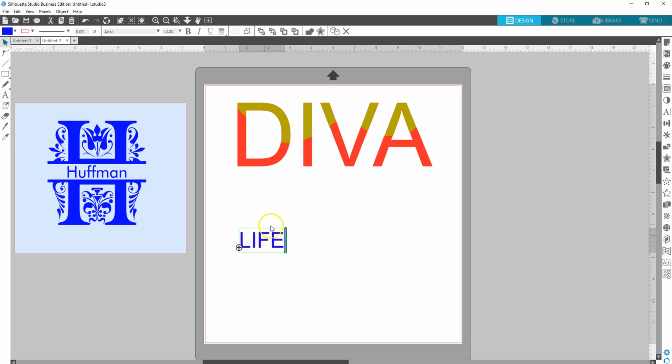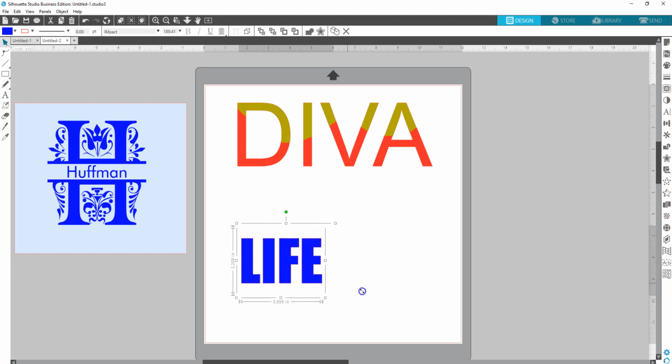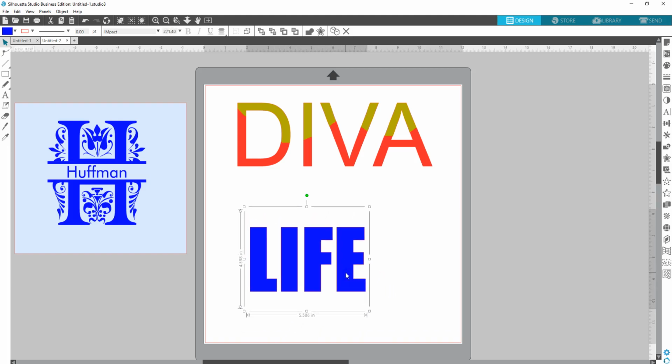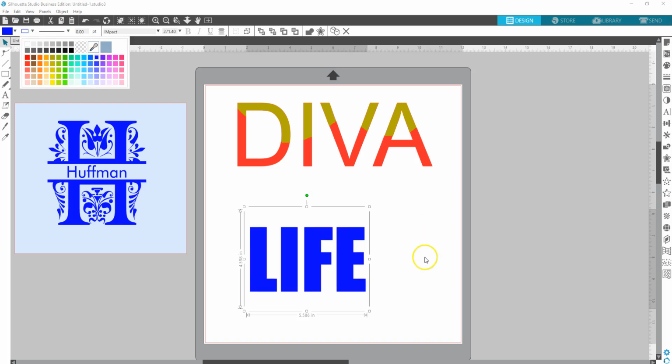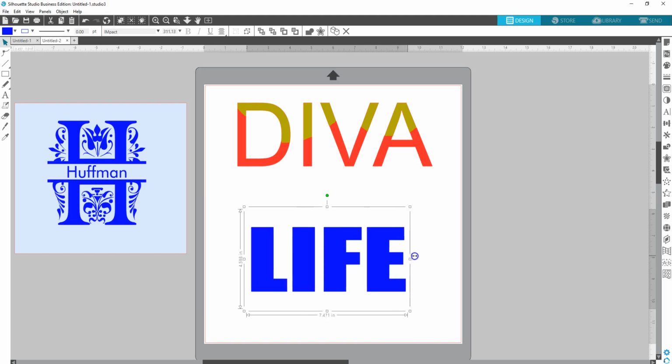type in my letter. You can use thick fonts or thin fonts. I think this time I'm going to change it and use, I think I have, yeah, Impact is on here. So just use the Impact, and I really don't like that red outline around it, so I'm just going to change that to the same color blue. I just like it to have that more polished look to it. But with this,